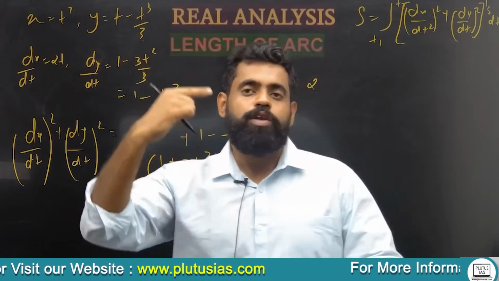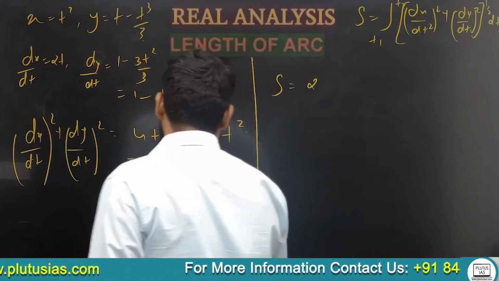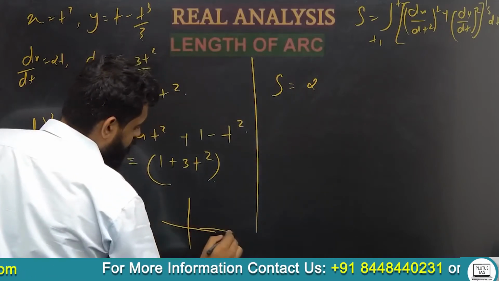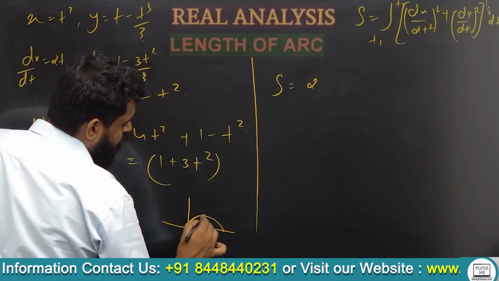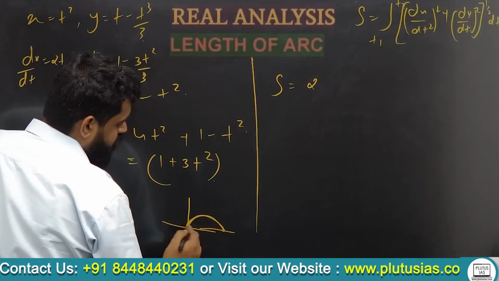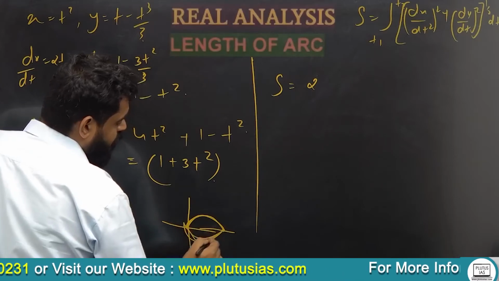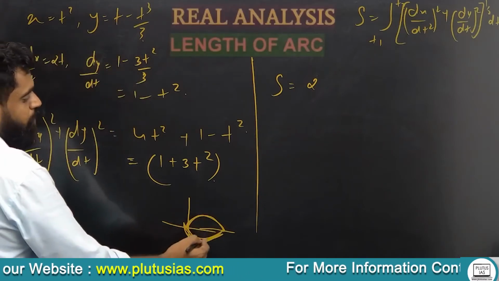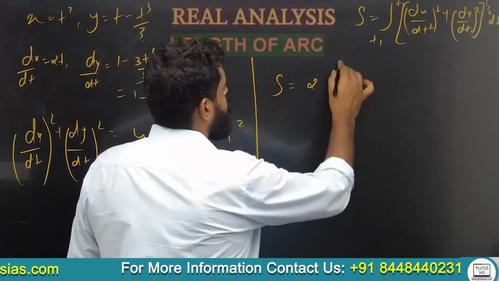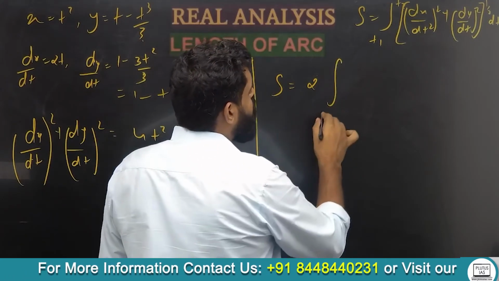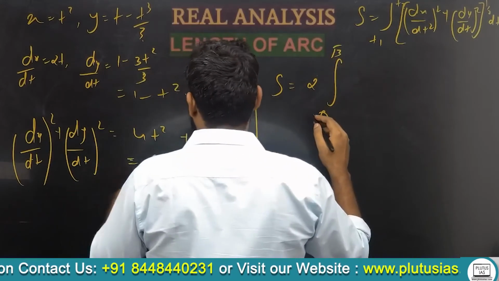So if I have to find the value of s, this will be 2 times, since again this is forming a loop, it will be of the form like this, that is x equal to 0 and x equal to 3. Since it is symmetric with respect to the x axis and we have to find the loop, we have to multiply it by 2 as in the previous example. What would be the limit of t? This will be 0 to root 3, and under root of